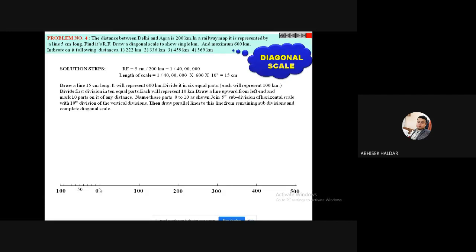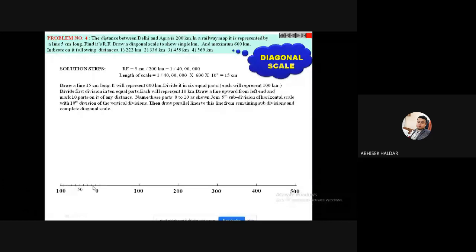What will I get after dividing this? Anyone? Each is 10 kilometers, because each of the parts is 100 kilometers. So if I divide this 100 kilometers into 10 equal parts, I will get 10 kilometers, and I can measure multiples of 10 kilometers. So this first part should be divided into 10 equal parts. You will get small parts, but you have to divide it.